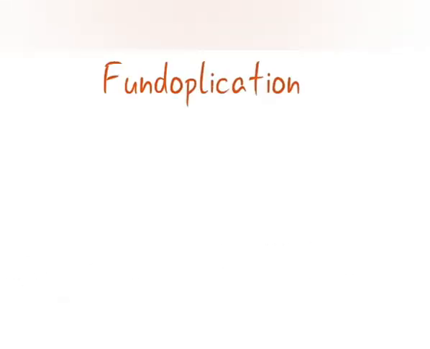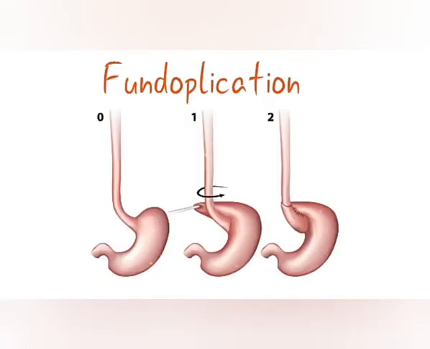The process of fundoplication is, first, the stomach is mobilized by dividing the short gastric vessels. Then the fundus is brought behind the esophagus and wrapped in front of the esophagus. And next is diaphragmatic repair by using non-absorbable sutures. The wrapping is of different types, different wrapping in angle, that may be 360, 180 or 120.